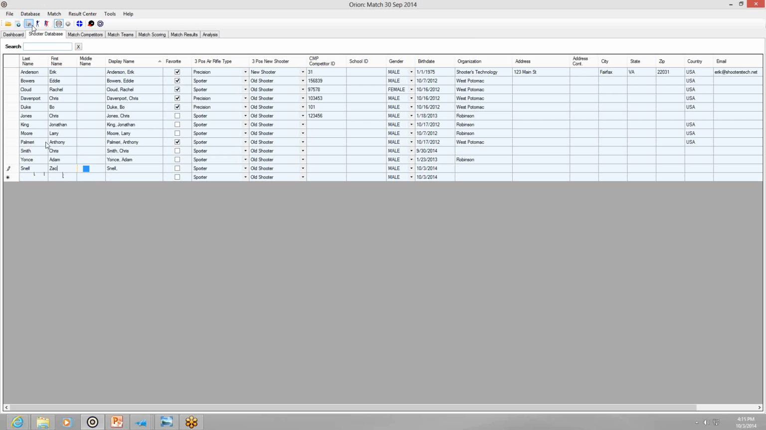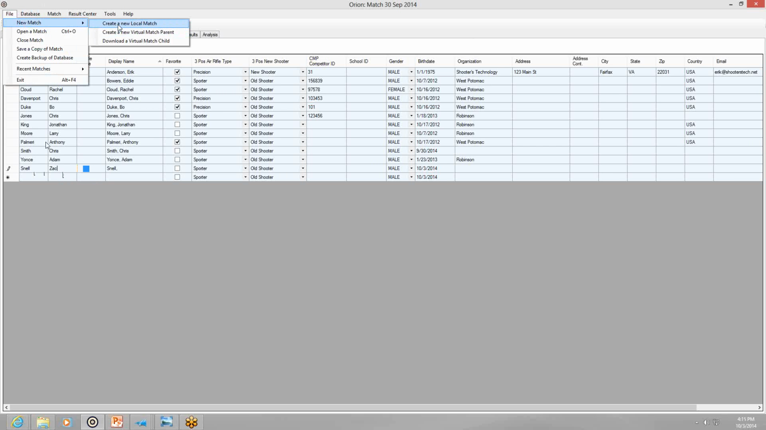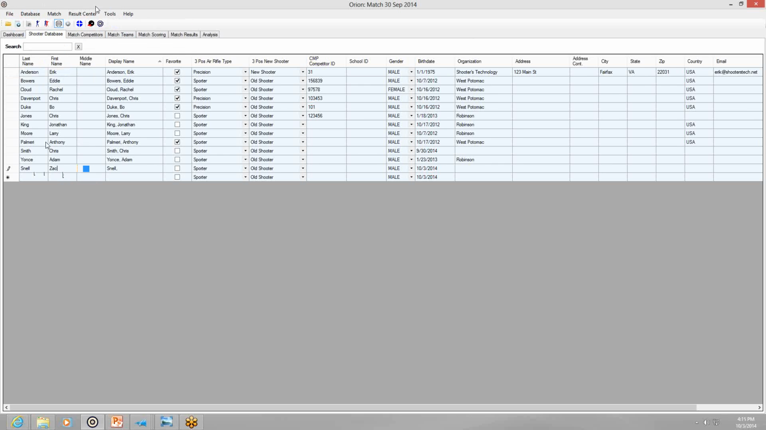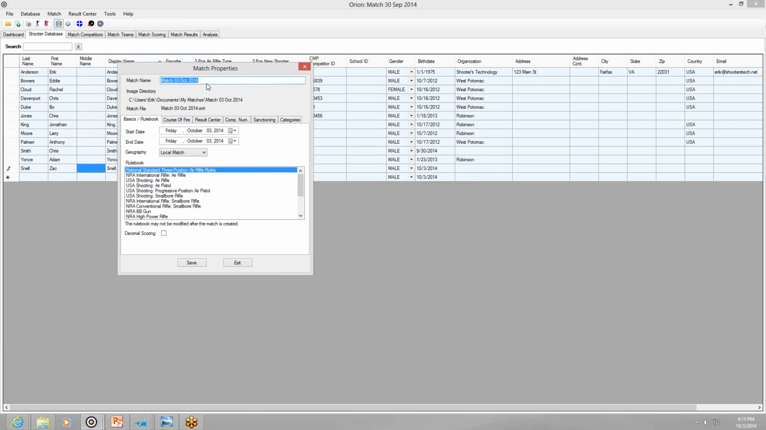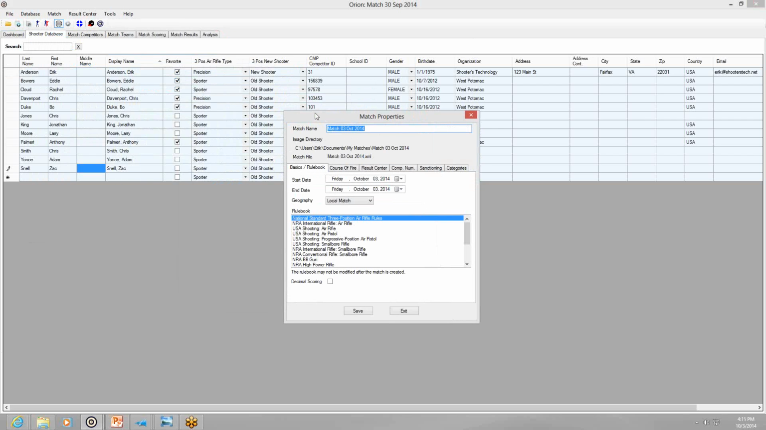So in order to create a match, you can go to File, New Match, and create a new local match. Unfortunately, we don't have time to talk about virtual matches today. Or there's a New Match button near the top of the screen as well. I already have a match open, and it's warning me about it. I can bypass this. When I create a new match, the first thing that comes up is the Match Properties